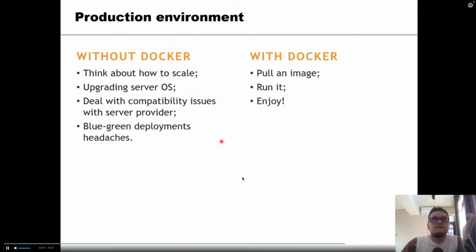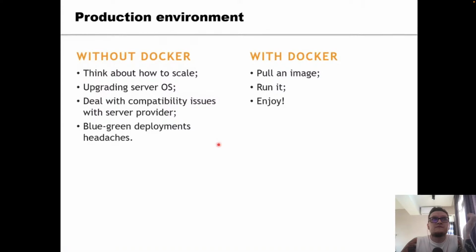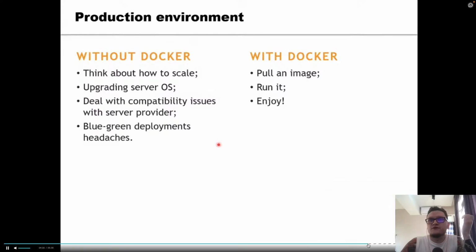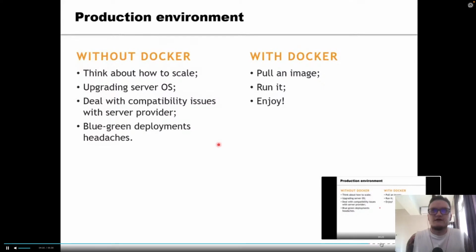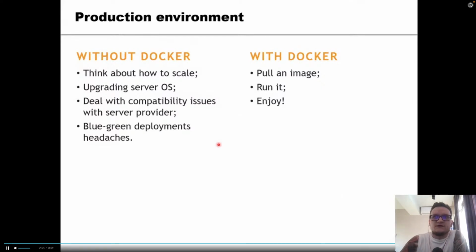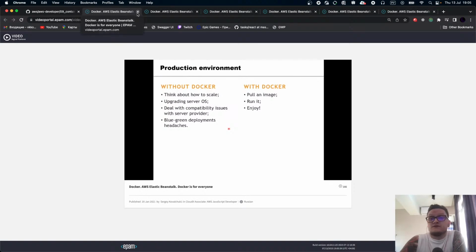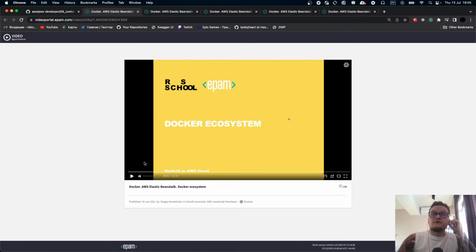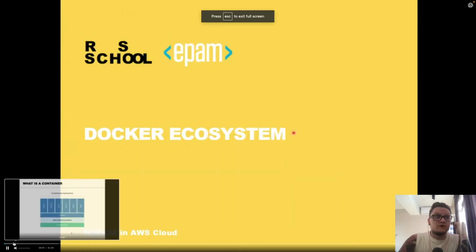And the same is for production. You don't have to do anything. You just pull images and they are working. It doesn't matter where you're running it. You don't have to check the operating system. For example, maybe code was written for Linux and you're using Windows, and you will have to investigate how to run this project on your Windows system, and it will take much time, while inside Docker it will use its own system. So yeah, that's about why we want to use Docker.